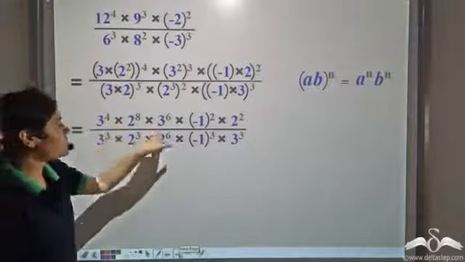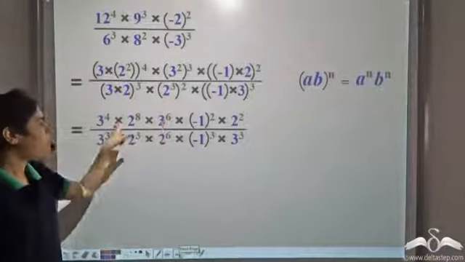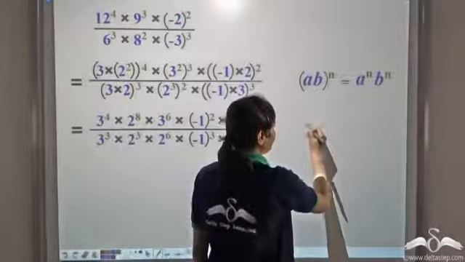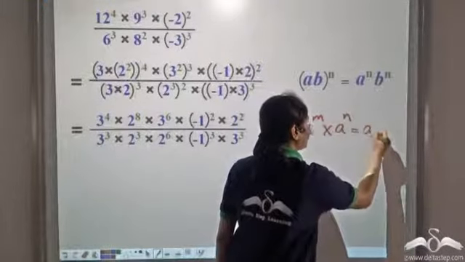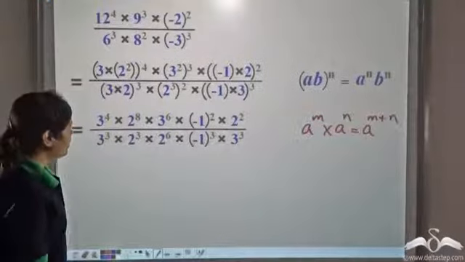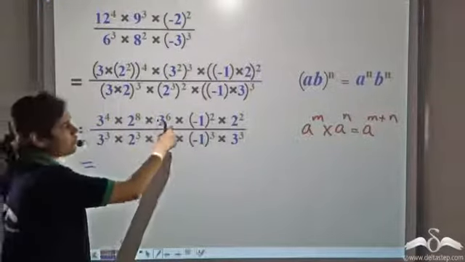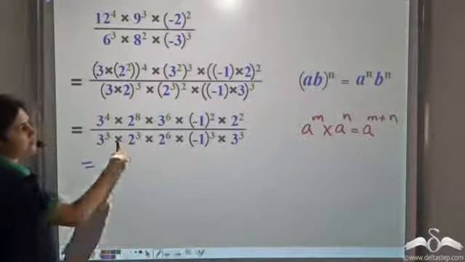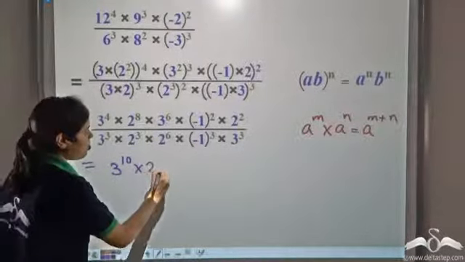Now we can club some of these. When we have the same base, then the powers get added. That is, if we have a to the power m into a to the power n, you can write it as a to the power m plus n. So we can write it as 3 to the power 4 into 3 to the power 6 as 3 to the power 10, 2 to the power 8 into 2 to the power 2 as 2 to the power 10,